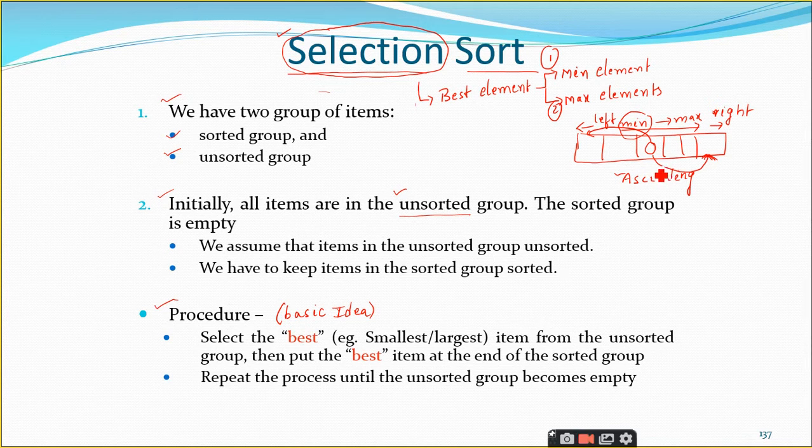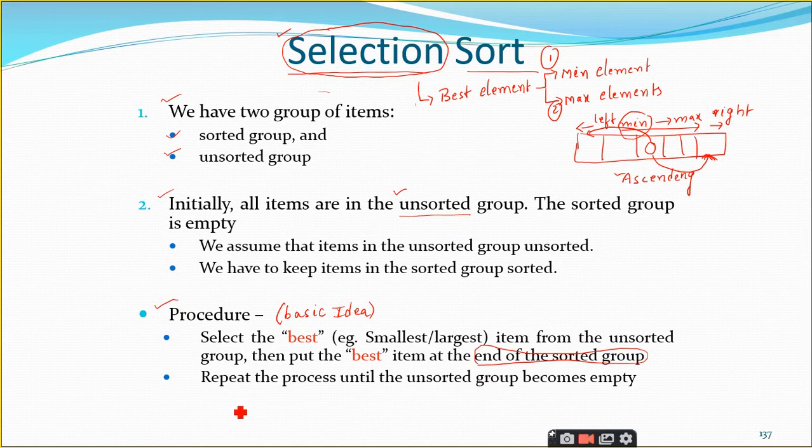The basic idea behind the selection sort, once again I am repeating, is to select the best element, either the smallest or minimum element or the maximum element from the unsorted group, and you have to put that, or you can swap it, either towards the left end or towards the right end. In general, we will call it the end of the sorted group. So, you will throw it to one end,